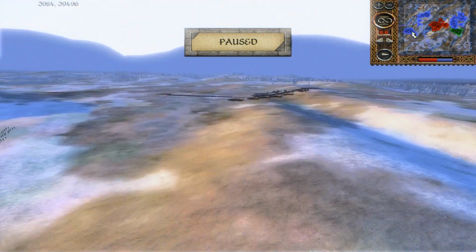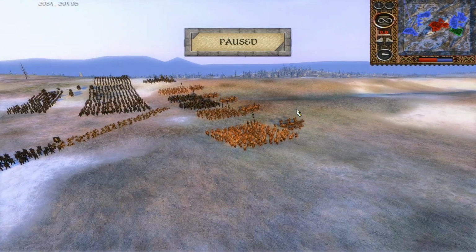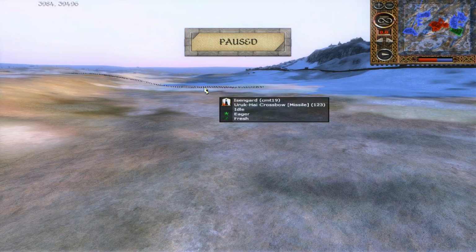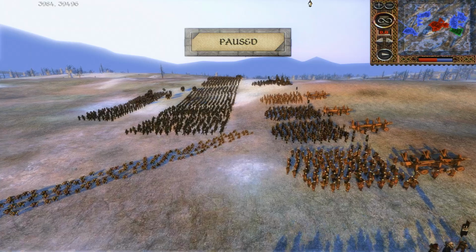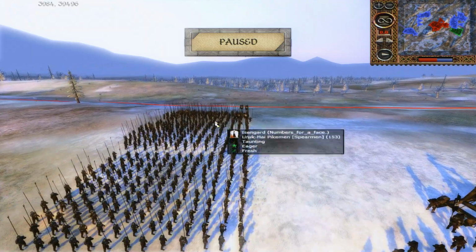Behind him, meanwhile, we have the final attacking army being led by Numbers for a Face. It's an interesting name. We have lots of rams over here, so he should definitely be getting up very quickly and trying to overtake his ally over there, to be honest with you. He's also got a lot of trash to carry the ram, so he's got Veterans, Bane Guard, Clansmen. The Bane Guard and Veterans aren't really trash, I suppose,